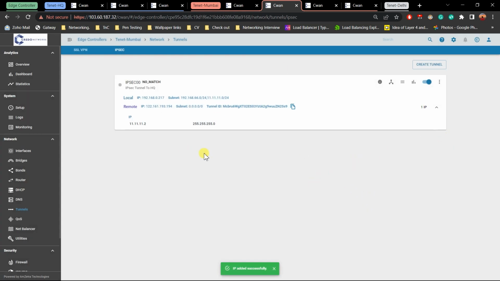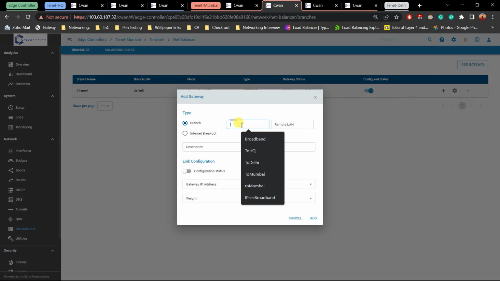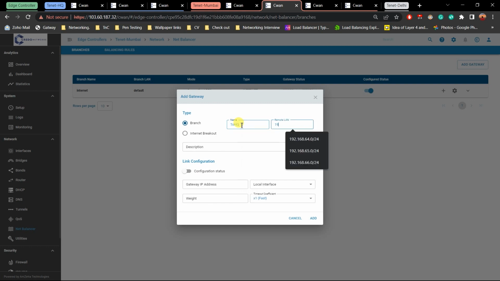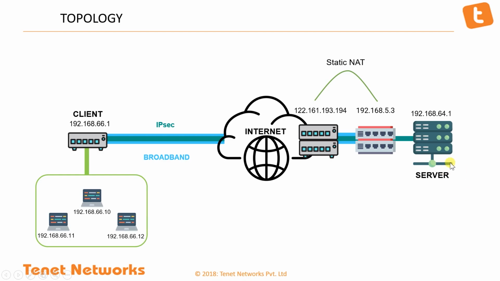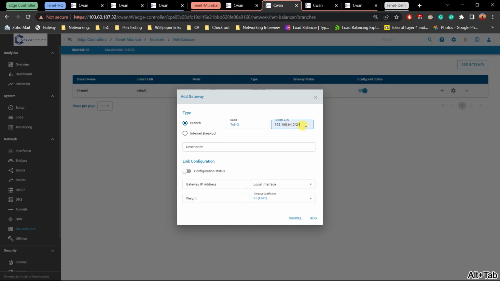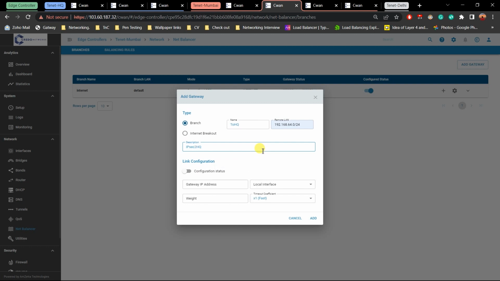Once that is added, the only thing now left to do is go to Net Balancer and give it a gateway for the tunnel. We'll name it 2HQ and we'll put in a remote of 64, which is our LAN on the server side. So we'll put 64.0 network address with /24 and type in here IPsec to DC HQ actually, and turn on the configuration status as well as give our gateway, which is the other side